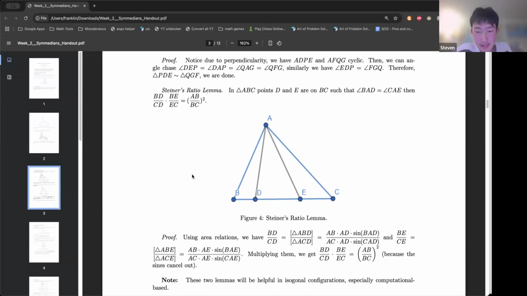Then we can write the area of triangle ABD as AB times AD times sine of angle BAD. If you write it out for BE over CE and multiply them, the left side of the result is going to be equivalent to the left side of the result you're trying to prove. And the right side is going to simplify directly to AB over AC,